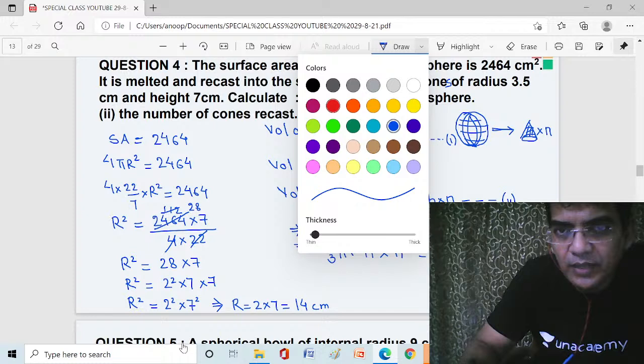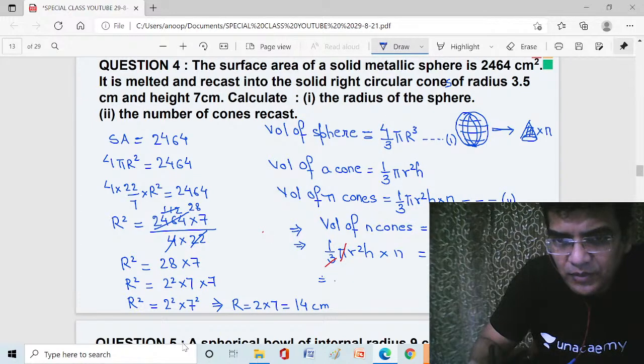Okay, so now we will substitute the values. Before that, let me arrange it, and then you can substitute the values. It will be easier. So the formula for n will be arranged like this: 4r cube